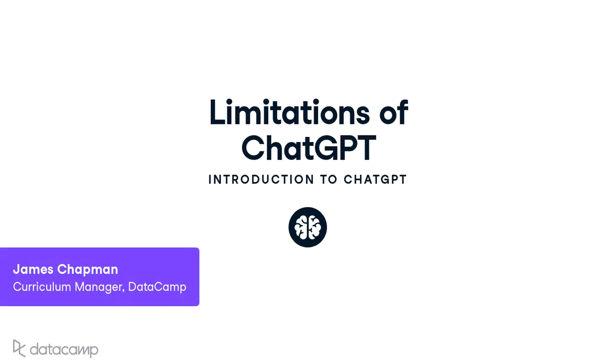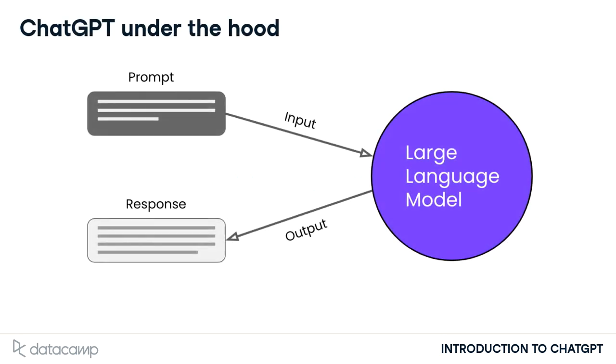Although ChatGPT is a valuable tool that can perform a huge variety of tasks, there are some limitations to be aware of to use it effectively. Inside ChatGPT, all of the magic happens inside the large language model. The LLM interprets the prompt and generates relevant text in response, based on its understanding of language. To understand some of the limitations of ChatGPT, we'll first need to delve a little deeper into how the LLM